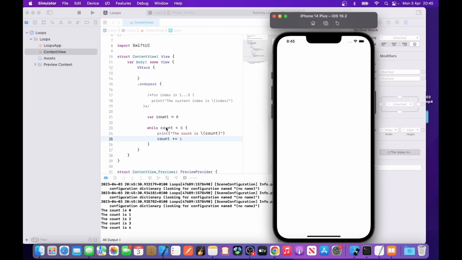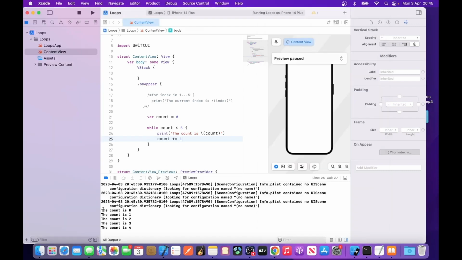As you can see, the output is between 0 and 4. So it displays the count is 0, the count is 1, the count is 2, the count is 3, and the count is 4 within the print statements. So we'll stop the application from running now. So how this works is that